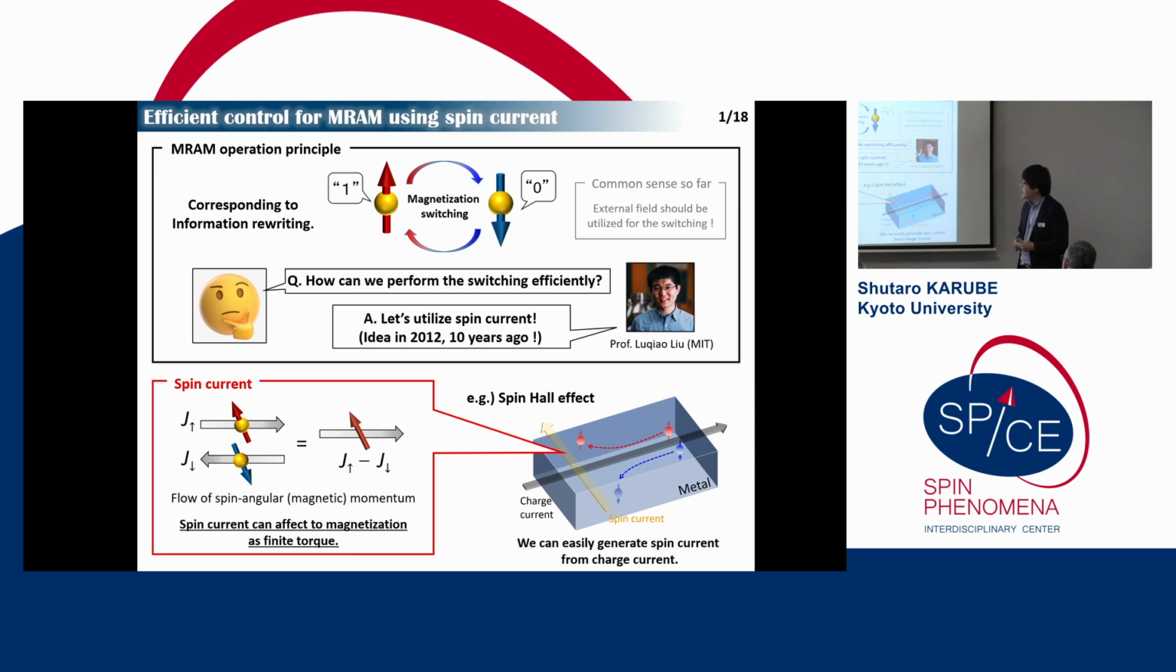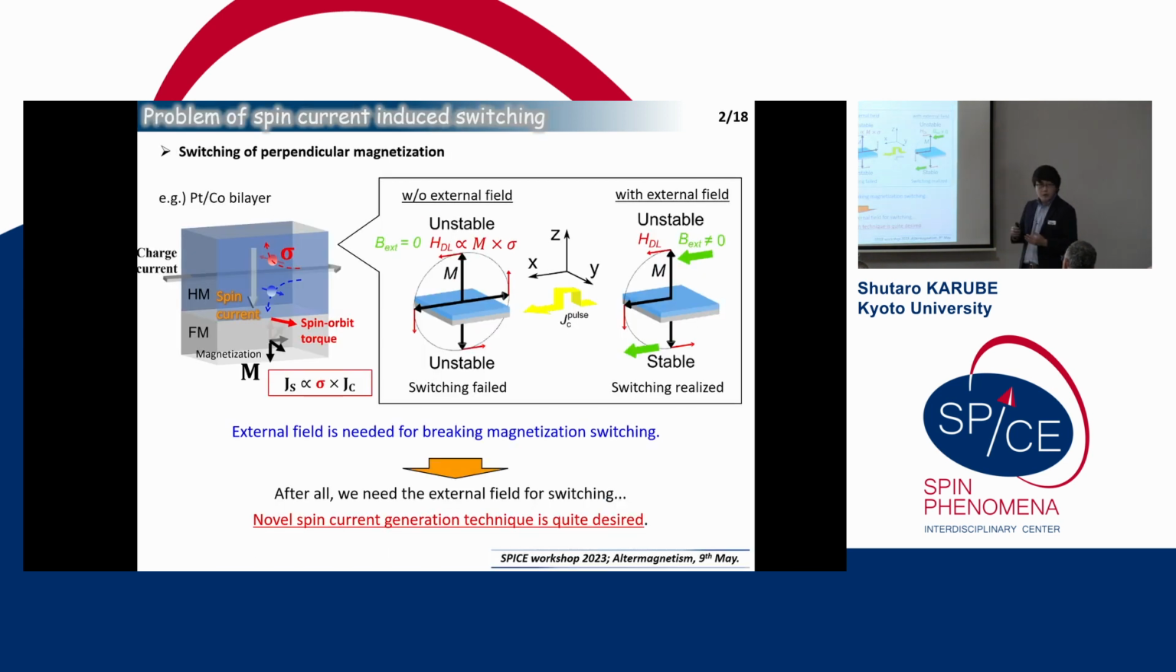It's 10 years ago. We know that the spin current is a flow of spin angular momentum without a net charge. So this current can affect the magnetization as a finite torque. This current can be easily generated via the spin Hall effect. But there was a problem,